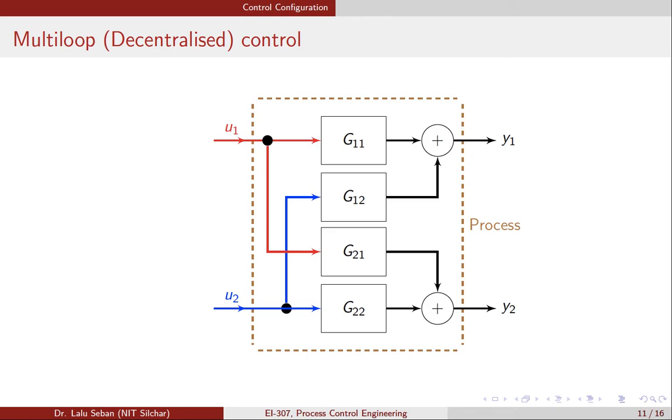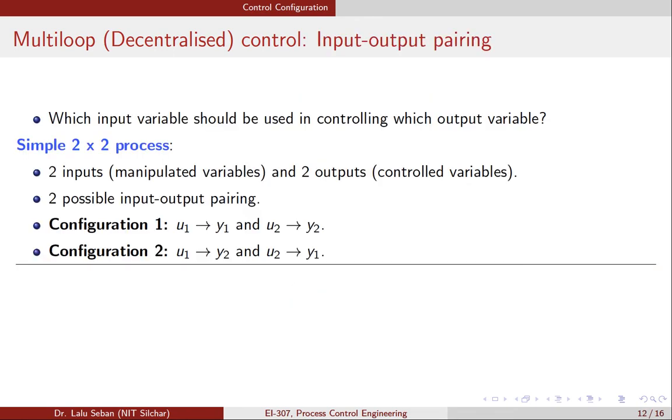There should be some reason behind the selection. Now let us see a simple 2 by 2 process. That means 2 input 2 output process. That means 2 manipulated variables and 2 control variables. So the different input output pairing combinations are